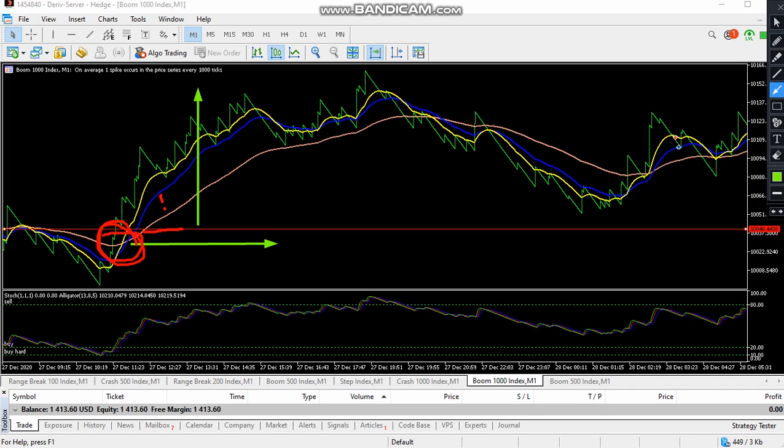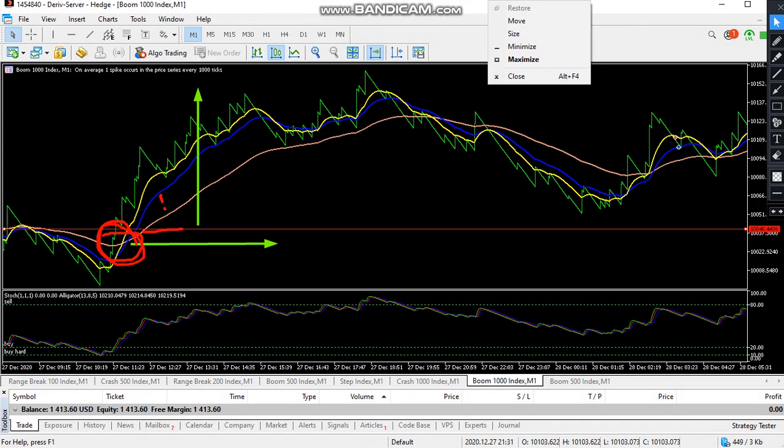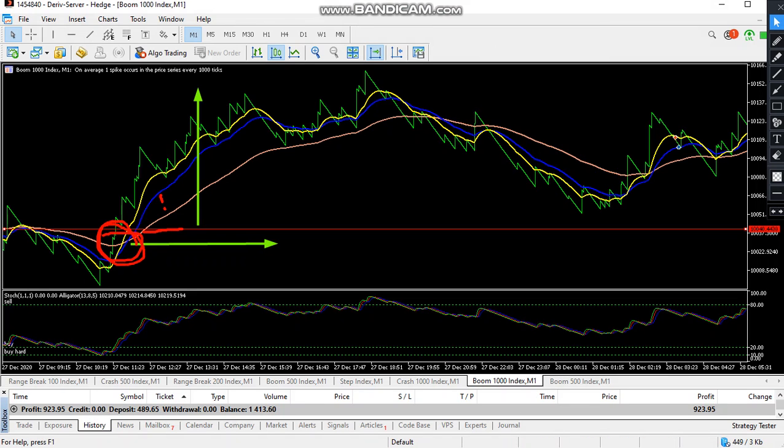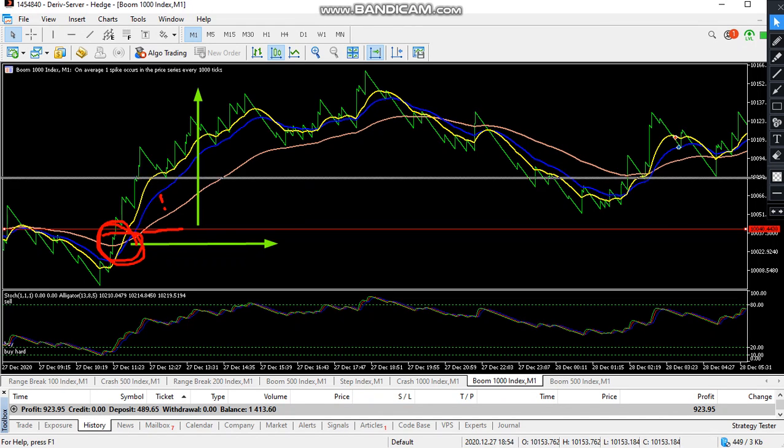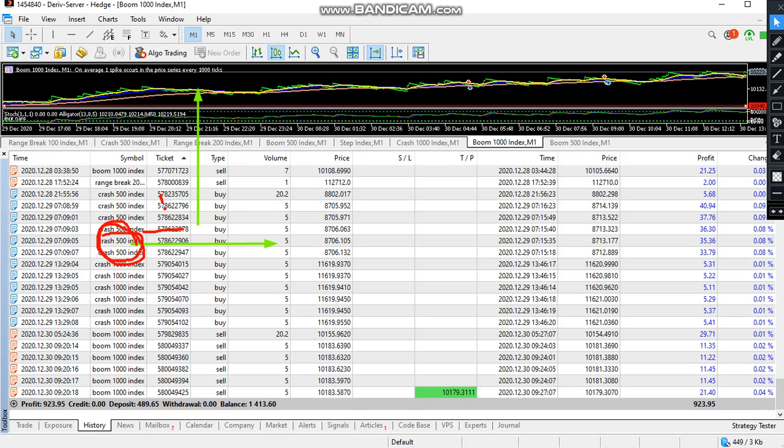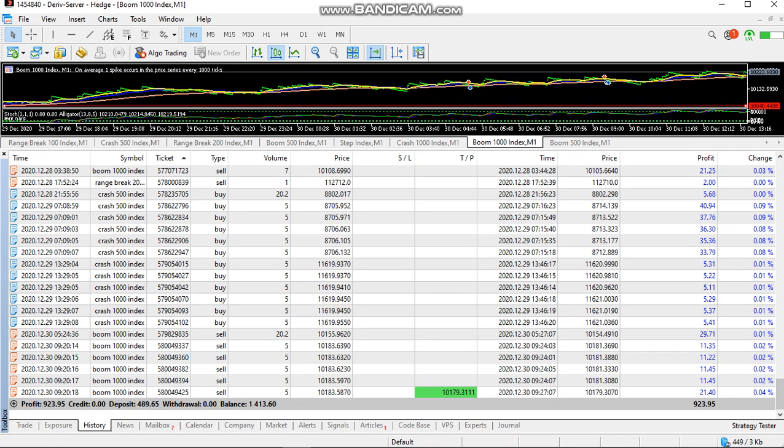So that's the strategy, guys. You will make money with this account of 300 using the lot sizes that I use. Let me show you my results. Let me see the time. Yeah, we are about to finish. Let me show you my results, guys. Yes, this is my history using the strategy. You can see, deposited 489,